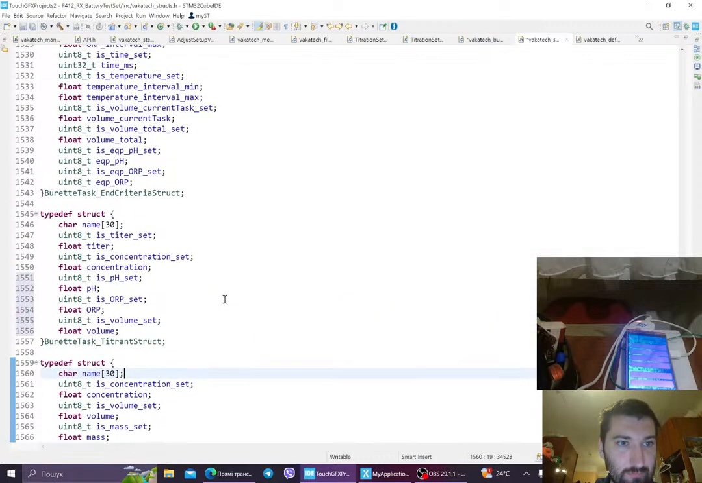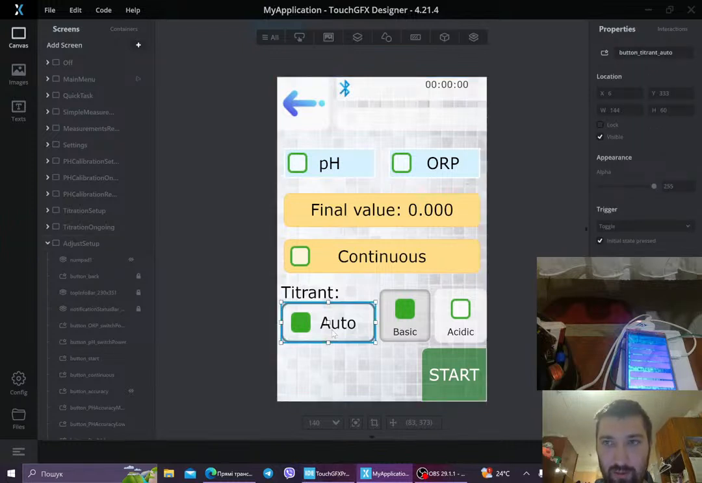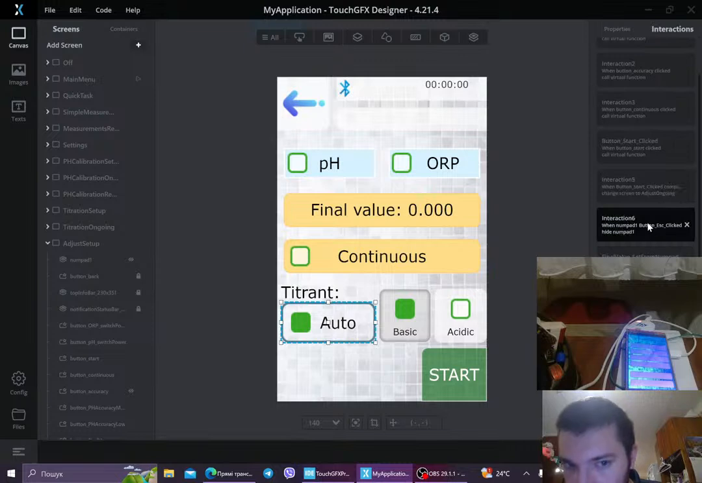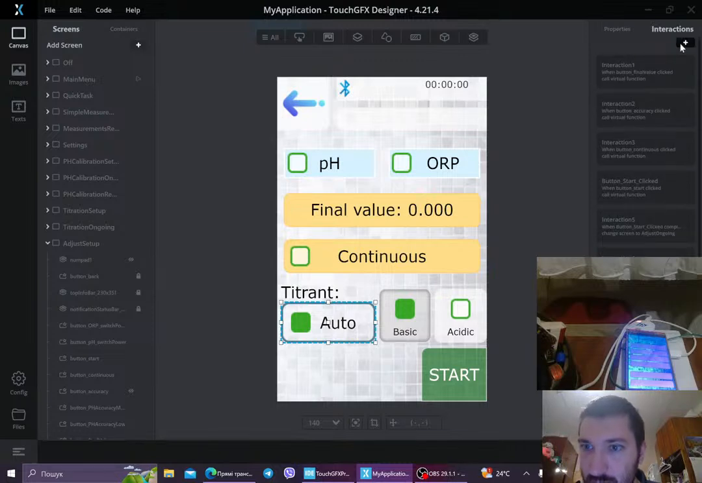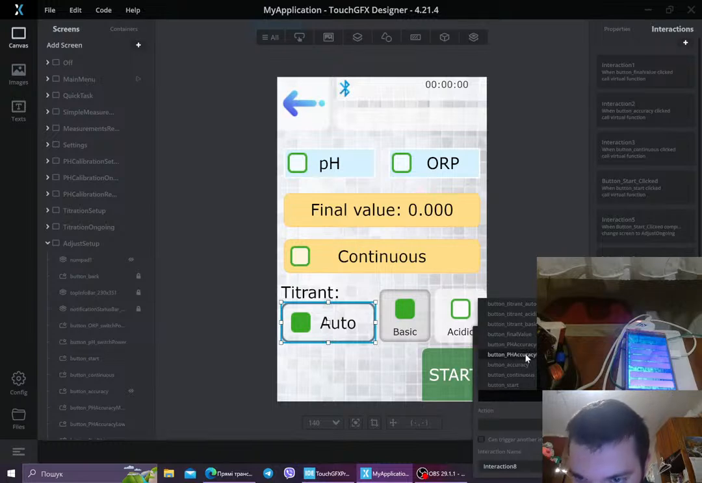Okay. So what do we have now? Let's go to this menu, the Edge setup menu, and work on these buttons: auto, basic, acidic. All of them are toggled, and for all of them I will add some interactions. I definitely didn't add it yet. So button is clicked, choose click button, titrator auto, action, call new virtual function,